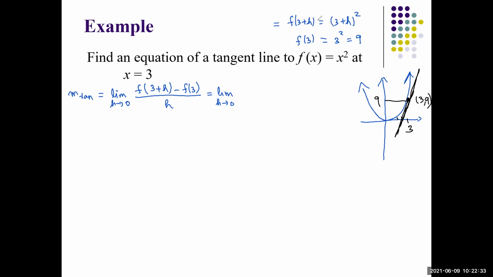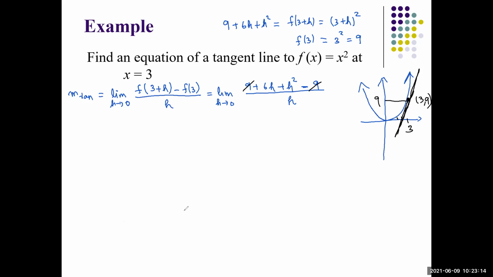Maybe on the side, if you square this, (3 plus h) times (3 plus h), we should have 9 plus 6h plus h squared after you foil this out. So f of 3 plus h is equivalent to 9 plus 6h plus h squared, minus f of 3, which is 9, and everything over h. Okay, so from here you see that the 9 and the 9 got canceled, and we have 2 terms left